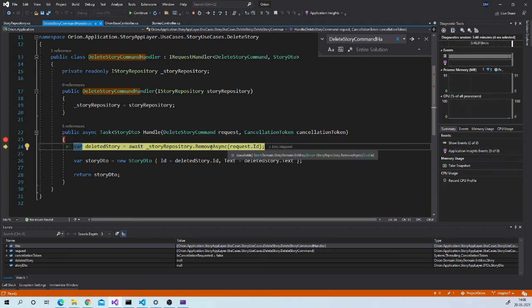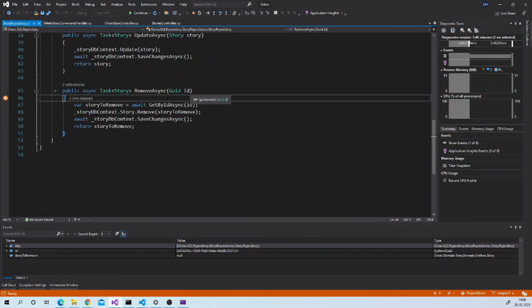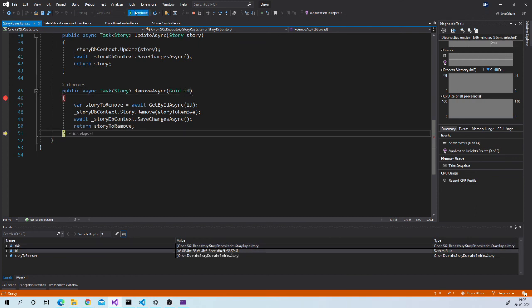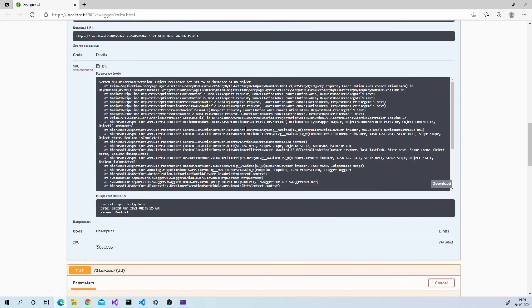Then this will call your repository layer. You are passing that ID and then returning removed story. You can see that object. So with this, we are done with CRUD operations.